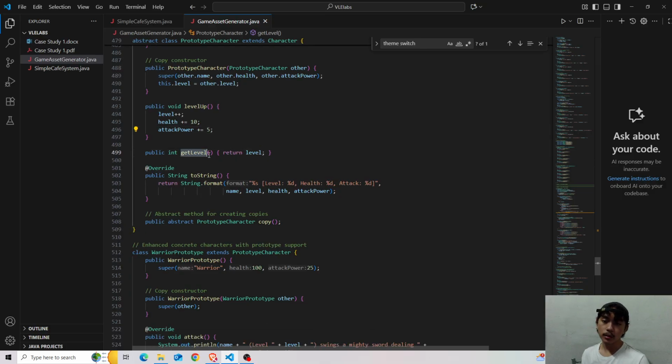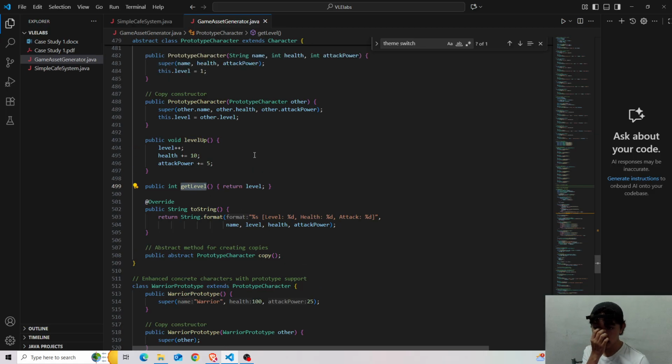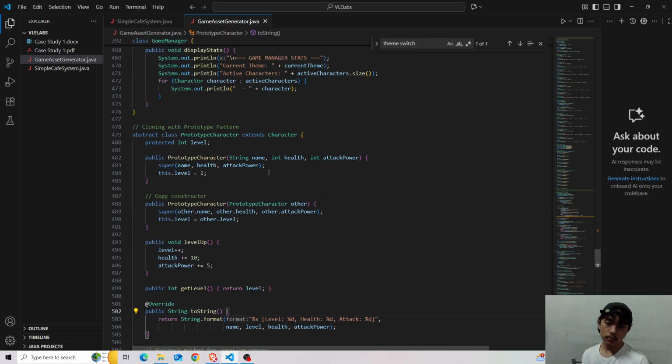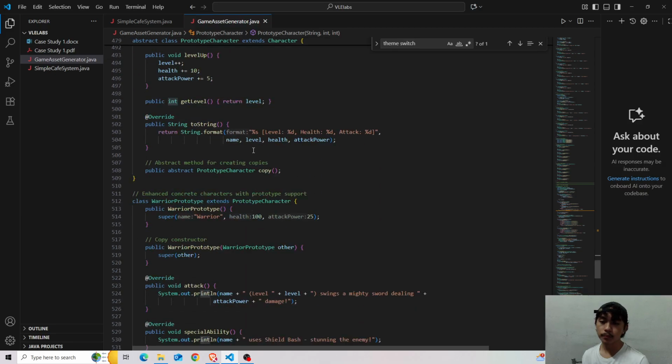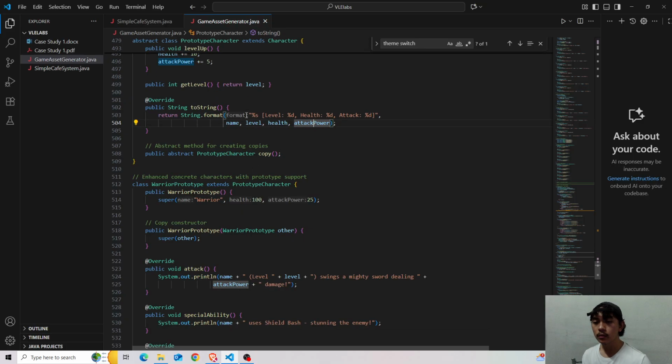Then it also returns, gets the level of the prototype character. So again, toString overrides the toString method, because we have to use this to display the name, level, health, and attack power, which will be converted to string so that the user can view them appropriately.